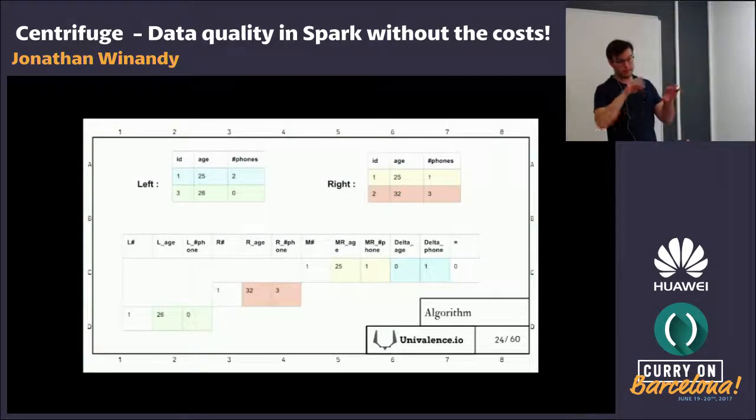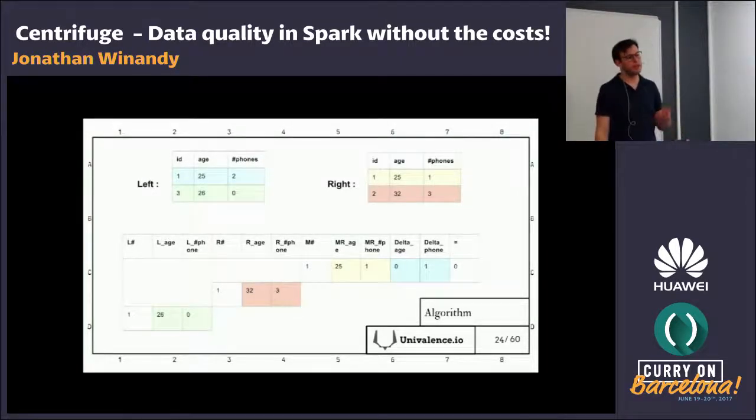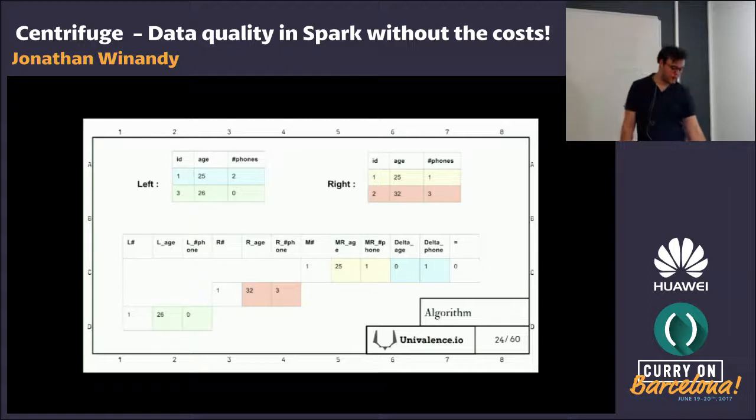Based on that, we can compare the previous and past results. So at the left, you have a certain data set with the same structure. At the right, you have the previous version of it after your transformation. And then you are able to join those two data sets based on key. And on each key, you're able to generate value depending on the nature of the join. So for example, if you have only one value on the left, you will put the value in certain columns. If you have only values on the right, you put the values in some other columns, and so on and so on. And when you have both values, you can compare them.